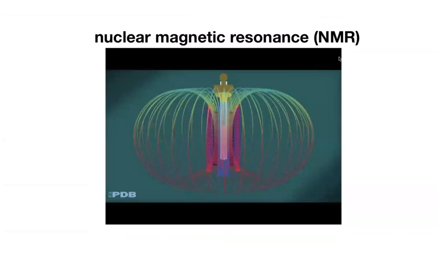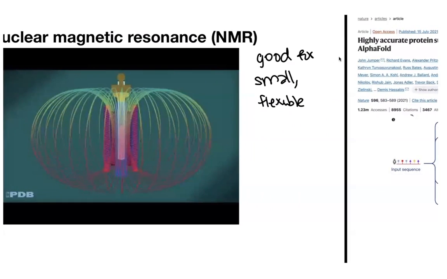Another technique is nuclear magnetic resonance. This is going to be good for small, flexible proteins. What happens with crystallography and with cryo-EM is that there can be regions of the protein that don't resolve. So you don't actually get maps for those regions. The part of the protein is actually there, but the data is too fuzzy. You can think of it all averaging out, blurring each other out, canceling each other out. And so you're not going to see those regions that are flexible. But with NMR, it can actually use those flexible regions, but it only can deal with small things. They're going to be randomly moving around, and what you actually get is some sort of ensemble. You can check out the video if you want to learn more about this. The PDB has a little video explaining it,